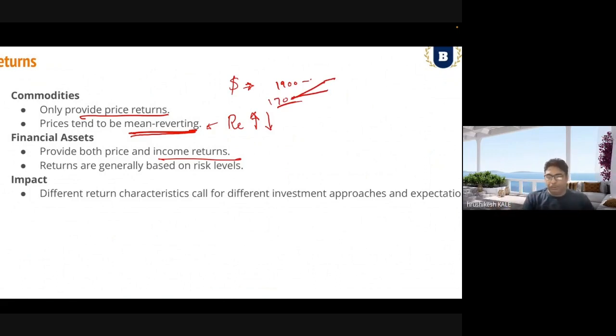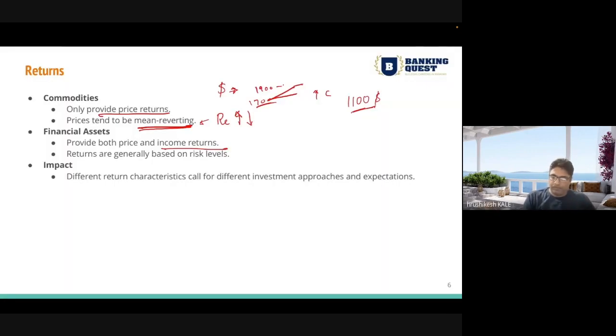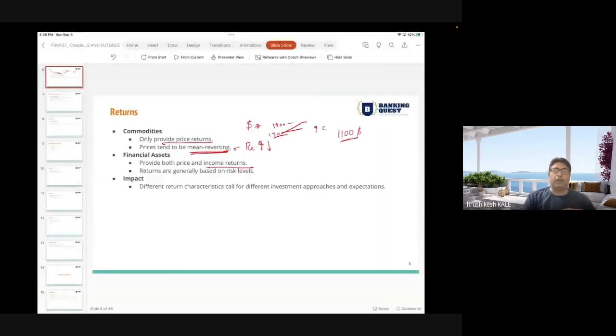Now things might change for gold because a lot of central banks are going and keeping gold as a central reserve. Russia has started a new game altogether. Russia is selling gold at $1,100, whereas the US is selling gold at $1,900. Okay, so